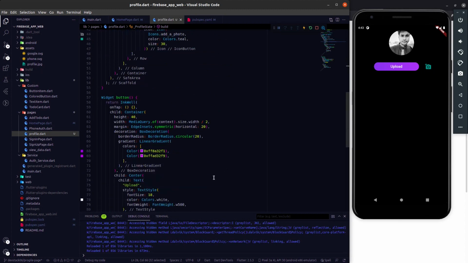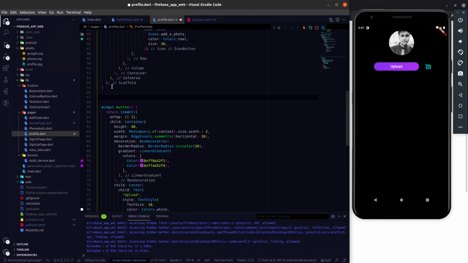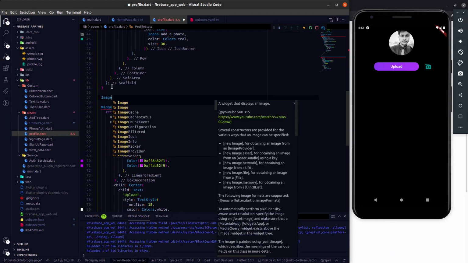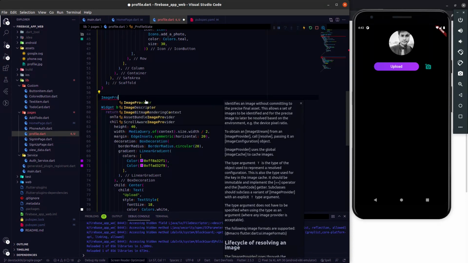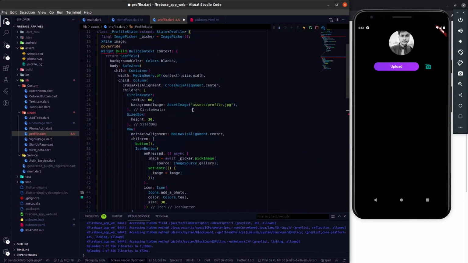So how will we write it? I'm going to write a new method, and I'm writing this method because in future when we fetch the image from the Firestore, then we have to use the network image. As of now, we are using the asset image which we stored in this app, and once we fetch the image from the gallery, then we have to use the file image.